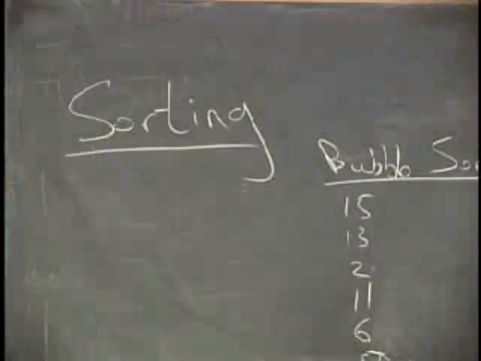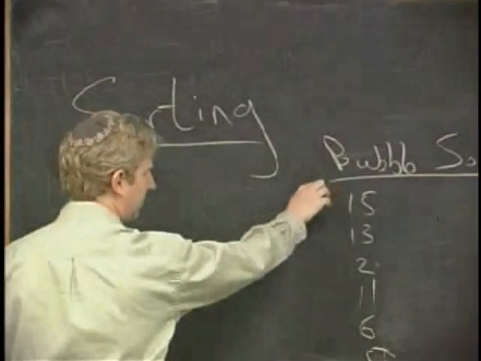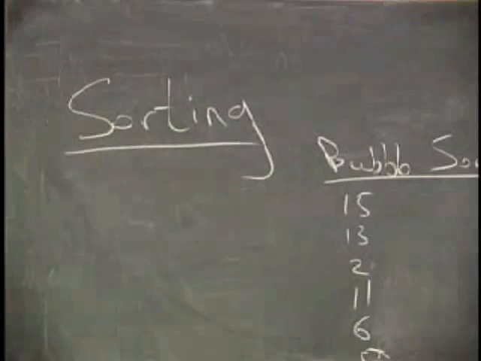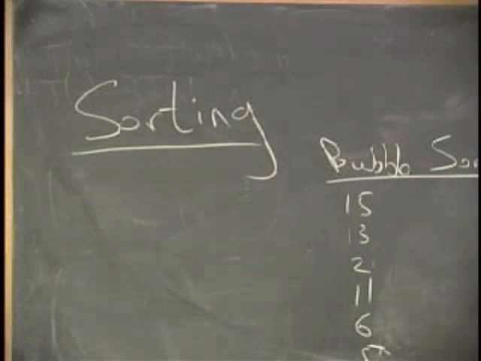That's enough. All right, 15, 13, 2, 11, 6, 5. And they go in order in index from here to here. So this is index 1, 2, 3, 4, 5, 6. We want to sort these numbers in ascending order. So when we're all done, 15 should be in the bottom, 2 should be in the top, and it should